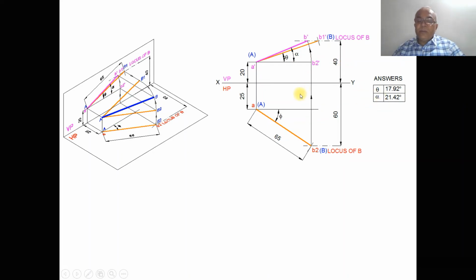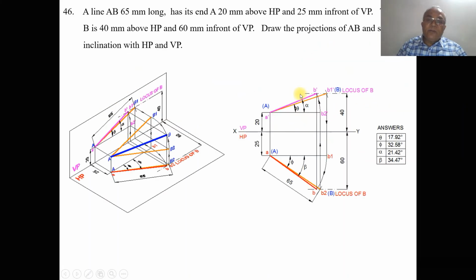So this is how you will be able to analyze individually. Now we will go to how to solve this problem manually. So first, we will draw the XY line and mark VP and HP as shown. From this, by using the scale, you measure a length of 20 mm above the XY line, and from here